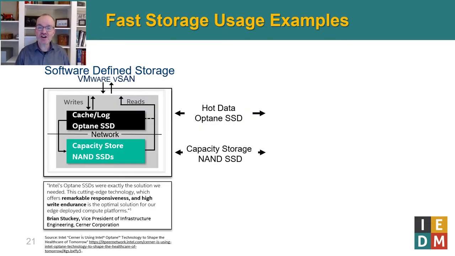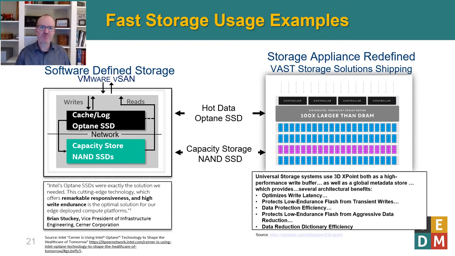Okay, let's talk about usage models that are relevant to HPC for fast storage. And I'm going to go ahead and build this one out. There's two examples here, but they have a certain commonality that I really want to get across. On the left-hand side, we have VMware vSAN. This is a really interesting